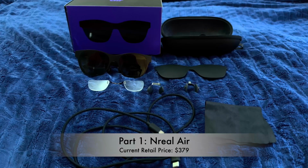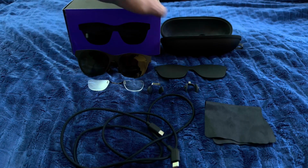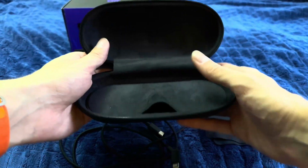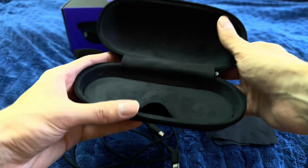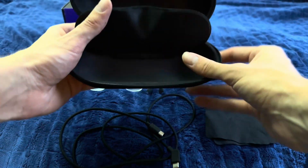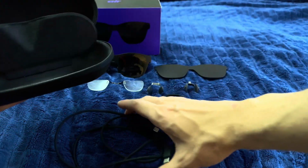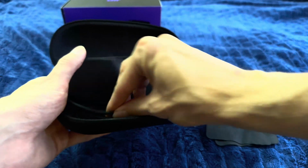Alright, so here's everything that you get in the box. You have your box, of course. You also get a really nice carrying case, which says Nreal on the top of it. This will keep your glasses protected. It's a little bit of a hard shell. On the inside, it has microfiber lining. And down in here, you have a little compartment that you can store the included cable,